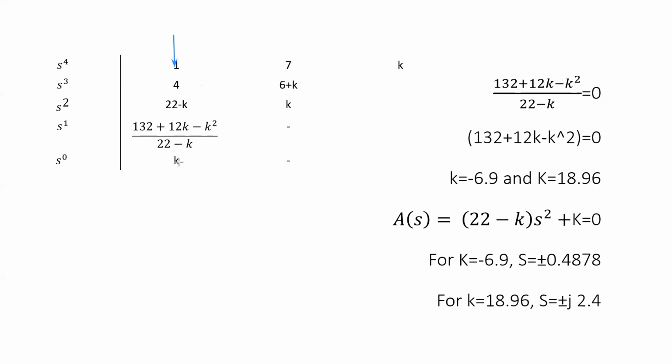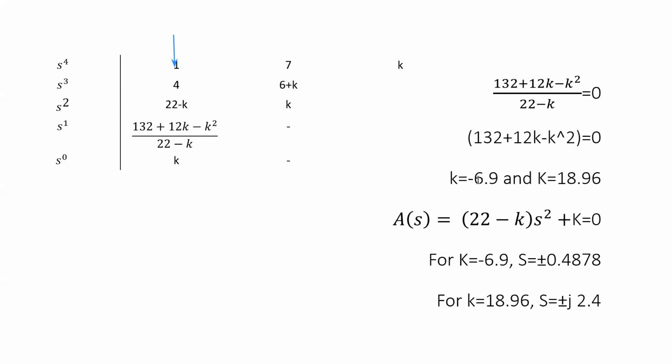So anyway, K here should be greater than 0. Let it be equal to 0. Make this equation here: either it should be greater than 0 or it should be equated to 0. Marginally stable means, for marginal stability, this is for K marg. You get K for marginal stability. Then equate this equation to 0, and you get 2 values of K.